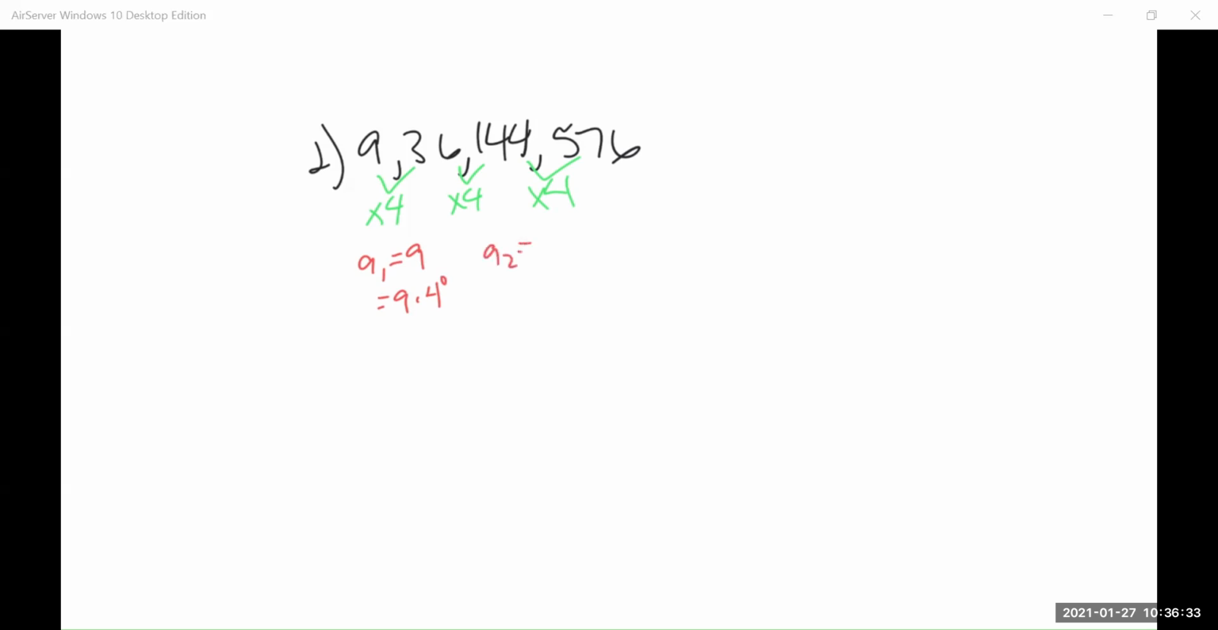To get to my second term of 36, I'm taking 9 and multiplying by 4 just once. To get to my third term, I am taking 9 and multiplying it by 4 twice, and so forth. So if I want the explicit term, if I want to be able to find the 100th term, again, basic format